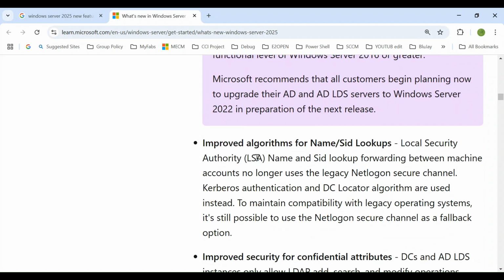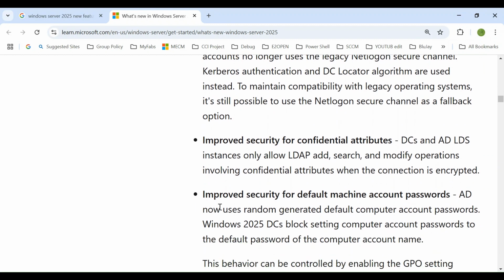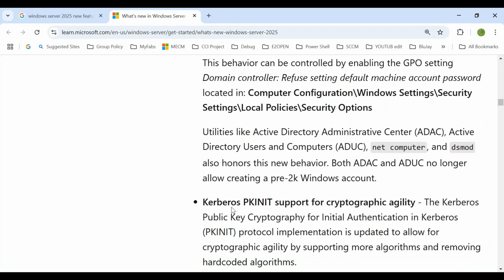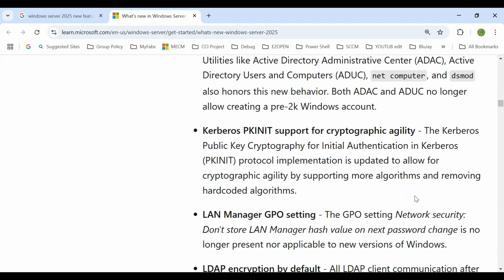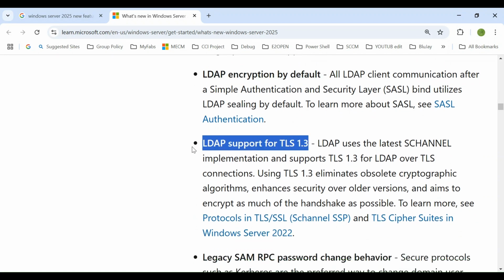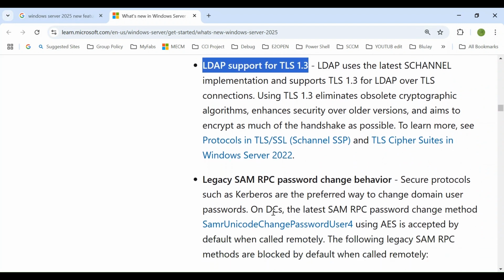Okay, and what else? Improved algorithm for name and SID lookup. Improved security, confidential attributes, improved security, default machine account password. Kerberos PKI support for cryptography agility, LAN, so GPU setting. LDAP encrypt by default. LDAP support, TLS 1.3. That's fine. This is good from a security point of view, that TLS, the latest version 1.3, will be supported. Legacy SAM RPC password change behavior,